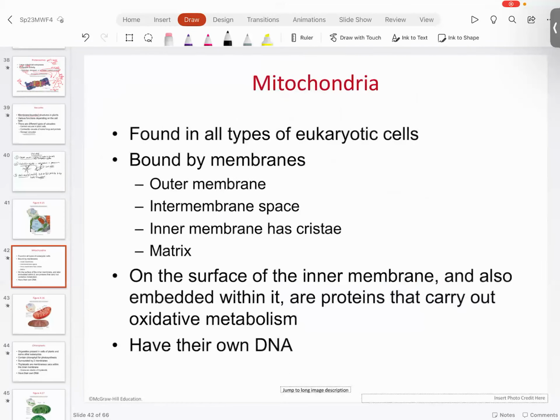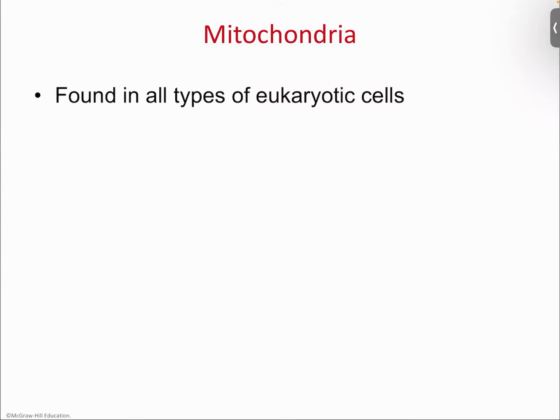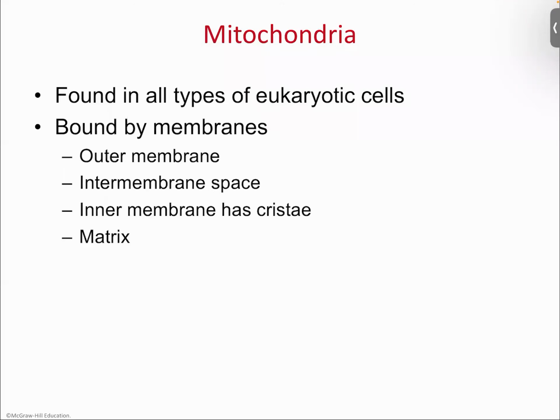Okay, so next one, the energy related, right? So this is going to be our mitochondria and our chloroplasts. When we take a look at our mitochondria, we find this everywhere. So all types of eukaryotic cells and all different taxonomic breakdowns, lower taxa, higher taxa, it's all across the board. You see mitochondria everywhere. And the reason why you see it everywhere is because their job is to make